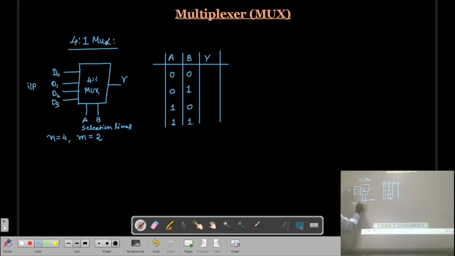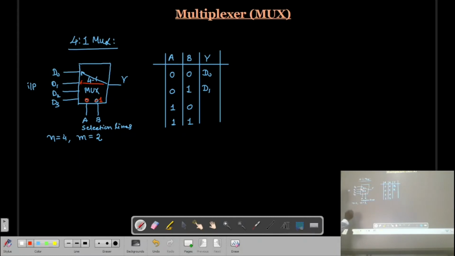When A and B both are 0, then Y will be connected to D0. Remember, the output line selects the D0 input line. When it is 0 1, then the D1 line is going to be selected.